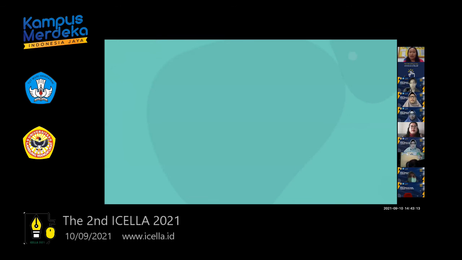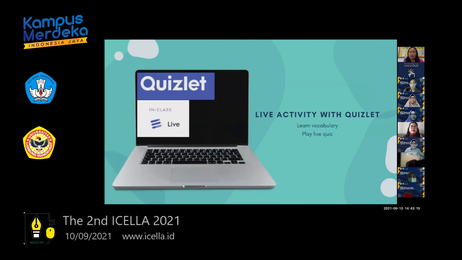And the next one that we found here is a live activity with Quizlet. Quizlet is the most frequently used tool by the teachers of Bahasa Indonesia to learn vocabulary, as well as to play